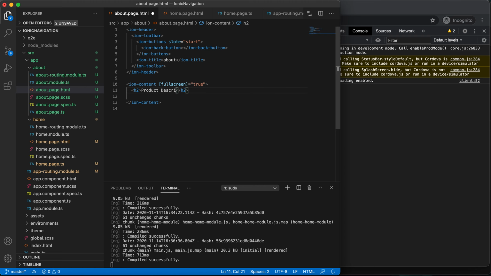Product description. So here we are going to display the product ID. Okay, product ID, save.